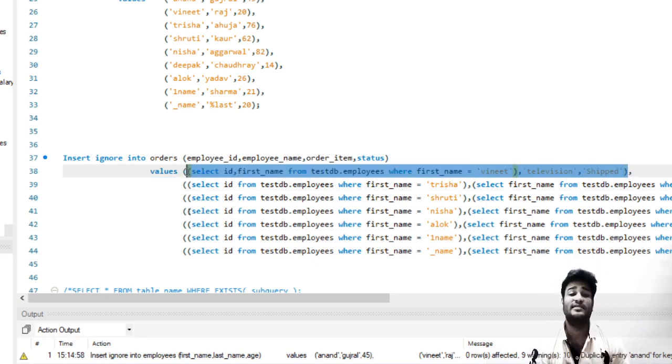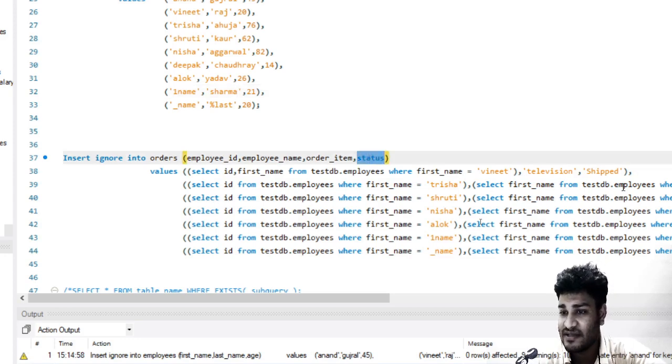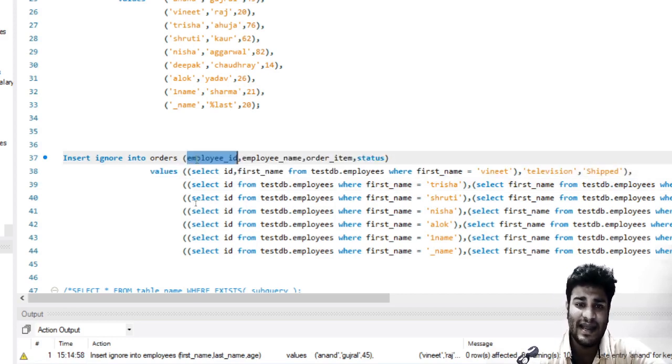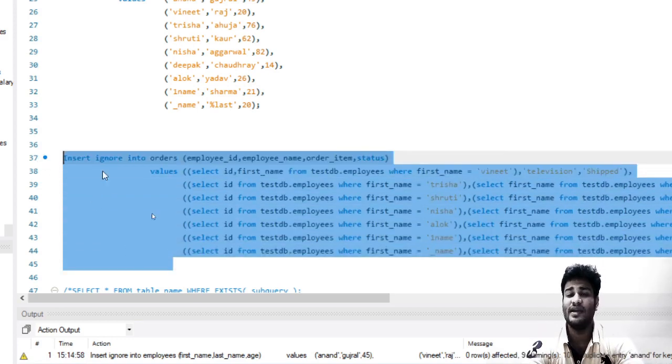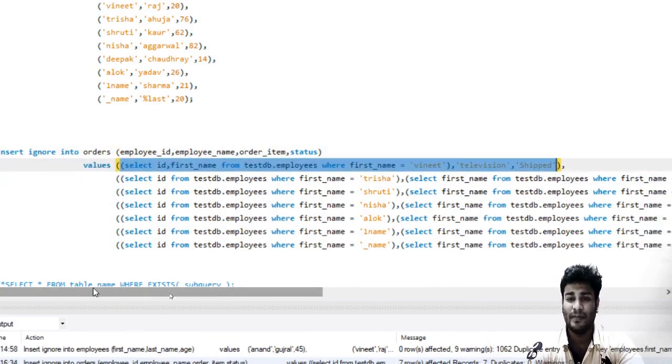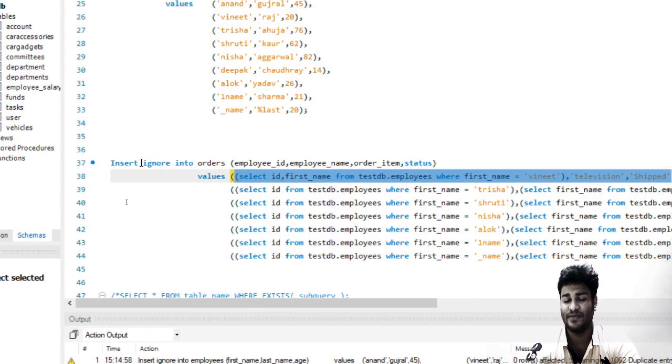But there is a system in MySQL. The parser and the optimizer will compare the placeholders. They will say status, okay, we have a comma over here, so this is the value for status. Order item, this is the value for order item. Employee name, okay, this is the value of employee name. And then at the end, for employee ID it does not find any placeholder. So even if this had four columns, the placeholders are only three as per the insert statement.